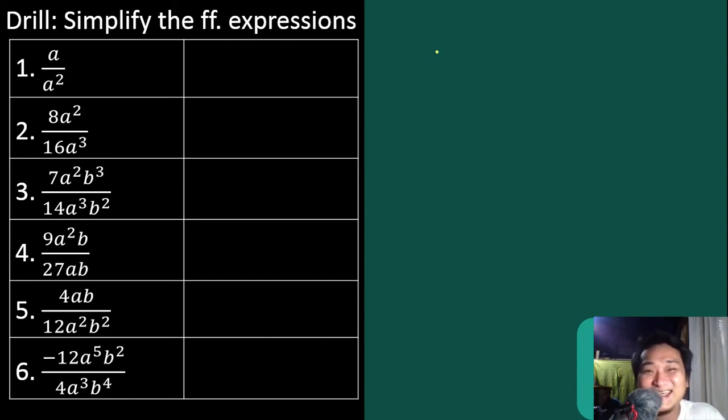Tapos, pagkatapos natin siyang isubtract, kung saan malaki, doon natin susulat yung sagot. Sige. So, sa tingin, sino yung mas malaki? Si A o si A squared? Di ba mas malaki si A squared? Mas malaki si A squared, yung magiging sagot natin mamaya, isusulat natin dito sa baba, sa denominator. Ngayon, subtract natin yung mga exponent nila. So, 2 minus 1 is 1. So, therefore, ang magiging answer ni A over A squared whenever we subtract their exponent, that is the same as A